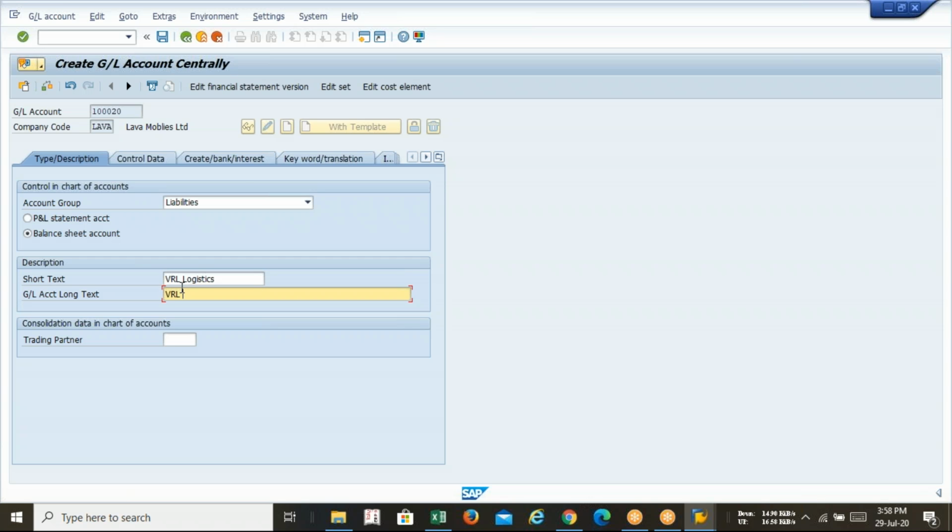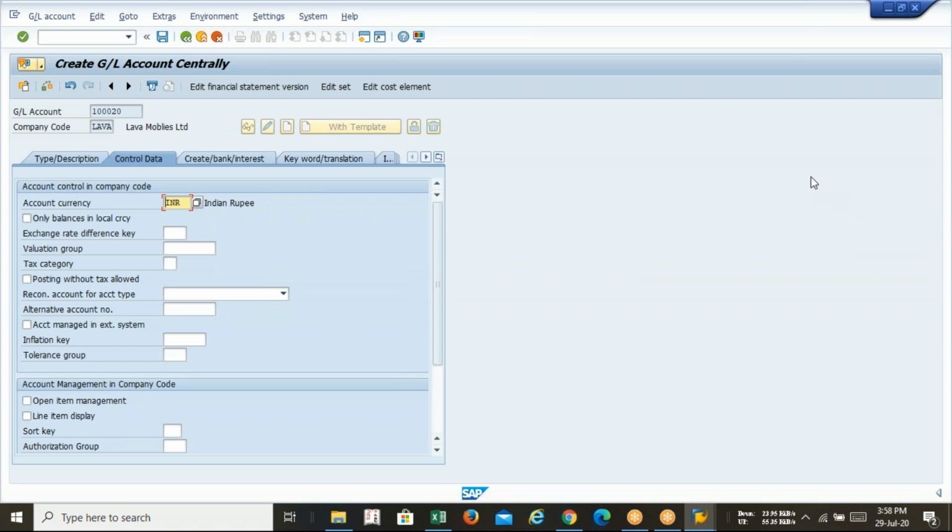Vendor nature. Okay, so tax category should be asterisk, all types of tax. Posting without tax is already there. Now select the vendor as a reconciliation. Line item display, 012.